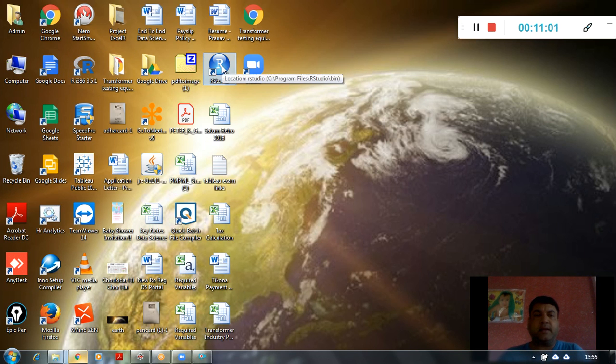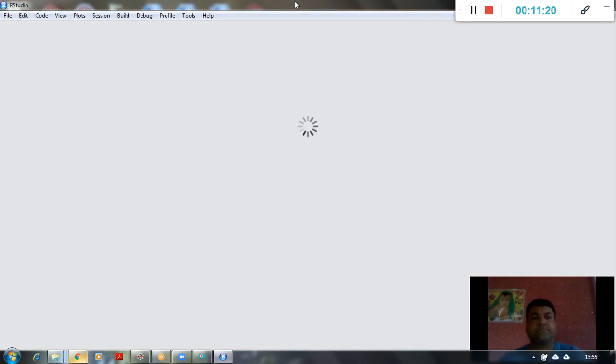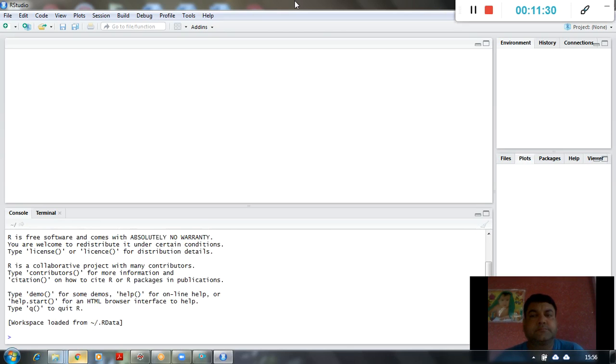Okay, so if I double click on this, I get to see an interface of RStudio version. This is also called IDE. Now it is basically going to have 4 different panes.